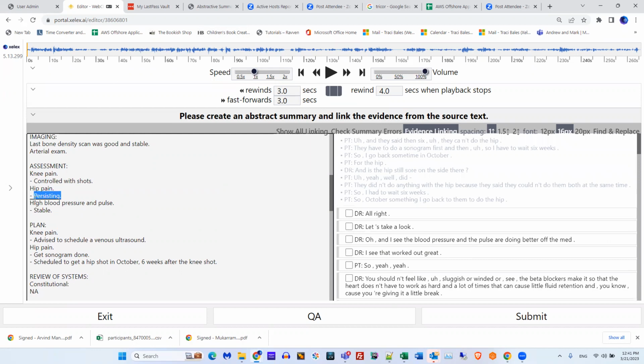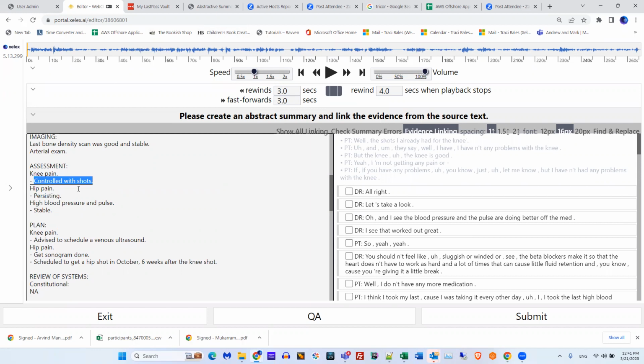Yes. Wherever they are talking about it, for example, here for the controlled with shots for the knee pain, we can see what she linked. Okay, so she's getting shots. She hasn't had any problem with the knee. So that's why it's controlled with shots. That is where she links it.